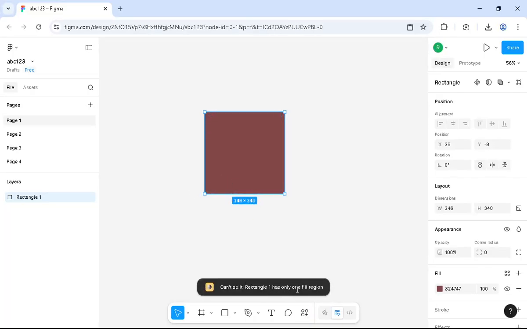You can split a rectangle that has one fillet region, so you can actually see adding more than one fillet is really